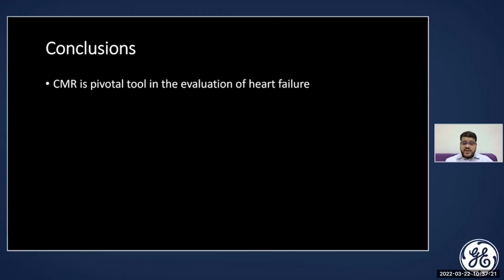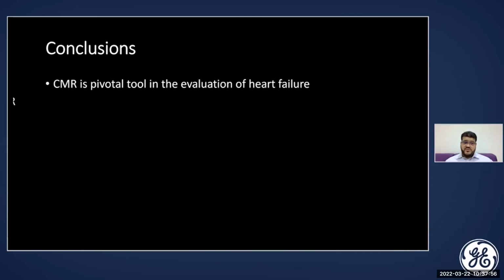So in conclusion, this case illustrates the pivotal role of cardiac MRI in evaluation of patients with heart failure and cardiomyopathy in general, not only to assess the status of the disease by giving accurate assessment of ejection fraction and volumes of both right ventricle and left ventricle. And as we know, cardiac MRI is the gold standard for evaluation of ventricular volumes and ejection fraction, but also to look into the etiology of heart failure and find other concomitant diseases that are present in